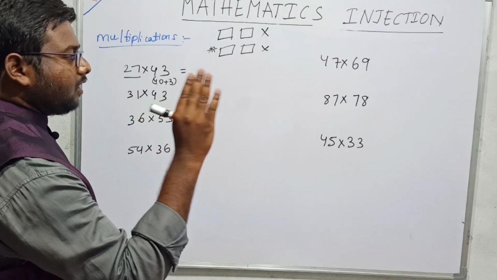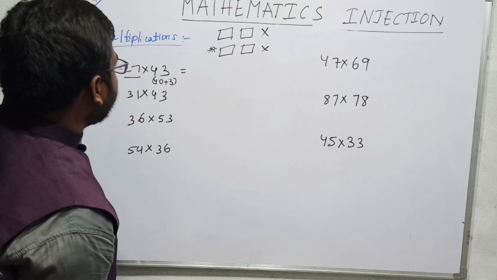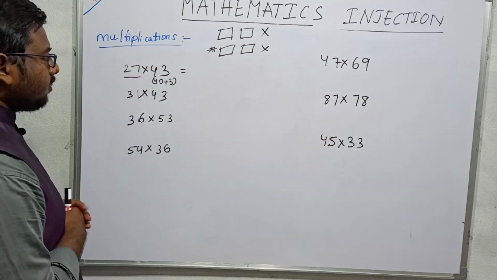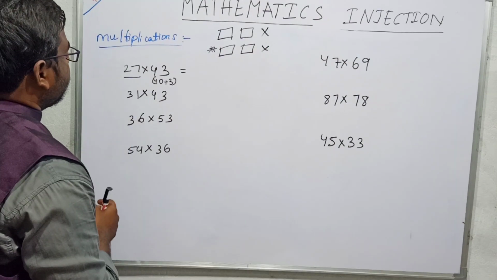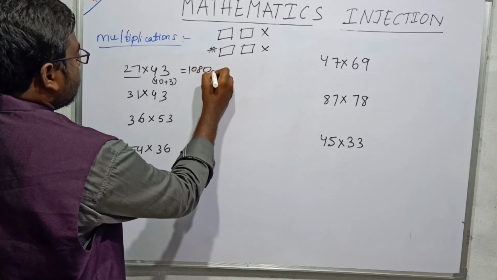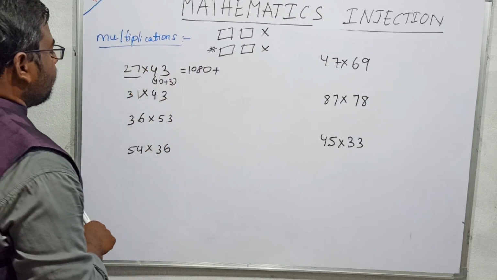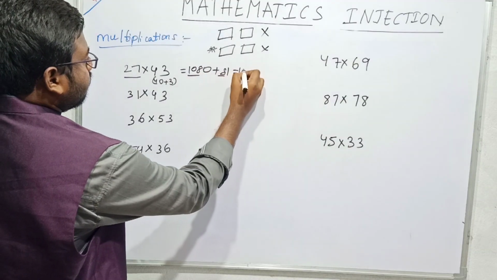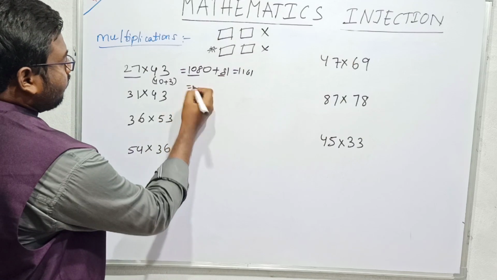We should keep numbers in our mind, and we have to practice memorizing some numbers. For example, if I say 169, then 169 should be in our mind, and after doing some calculation, we have to remember 169 again. For example, 27 into 4. I don't know what 27 into 4 is. I will calculate like 80 plus 28 is 108, so 1080, plus 27 into 3. How to calculate 27 into 3? 60 plus 21, this is 81. What I will do is 1080 plus 81, 1161. So I will calculate like this.